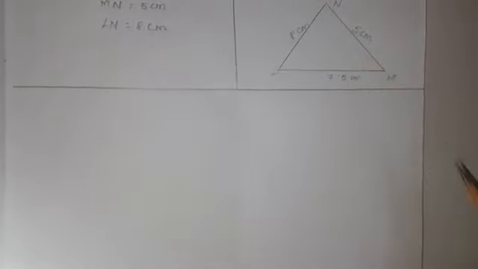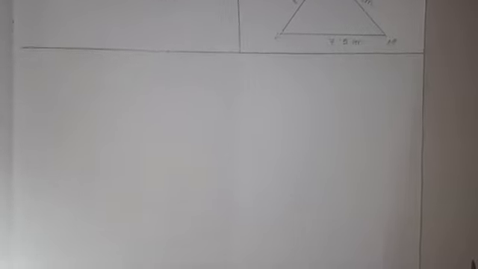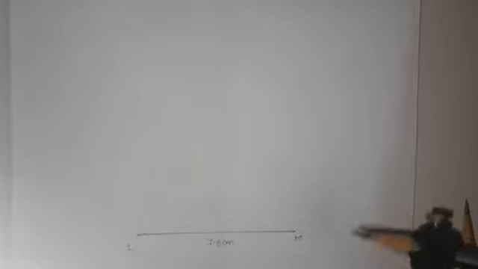Again you come to the rough diagram. In the rough diagram, the measurement of MN is 5 cm. You should take the compass and, with the help of the scale, measure 5 cm in the compass. Where should you keep the compass needle? At M. I measured 5 cm and draw the arc like this.